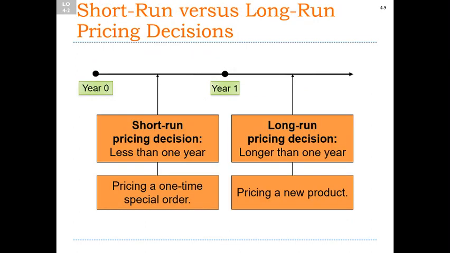Now, the question here is, well, should we keep accepting these special orders in the long run, or should we only accept them on an exception basis in the short run when we have excess capacity? And the answer is, well,